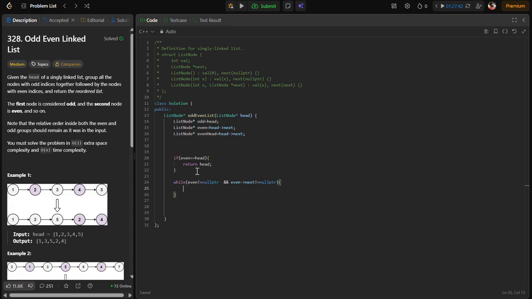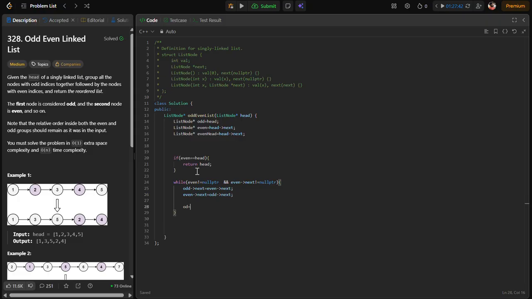Now what we will do inside this loop, we will say that odd next equal to even next, and even next equal to odd next,